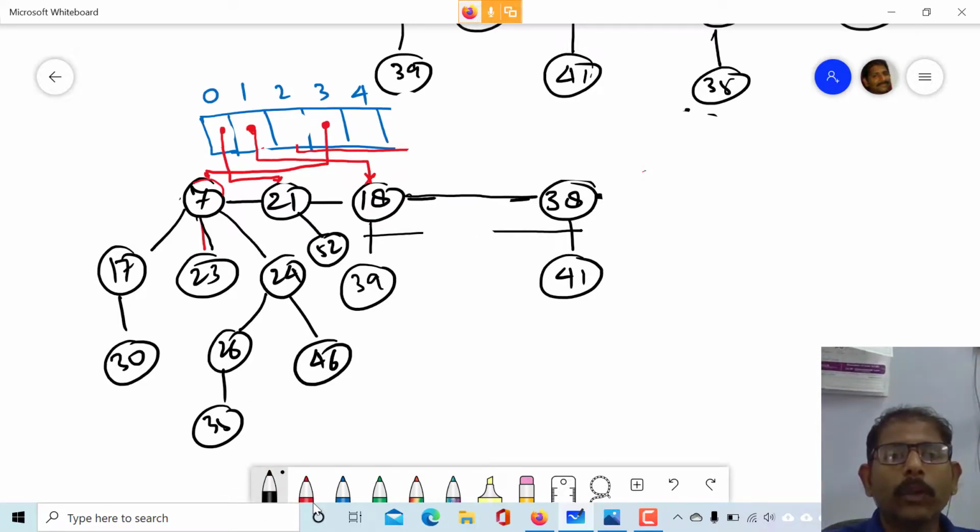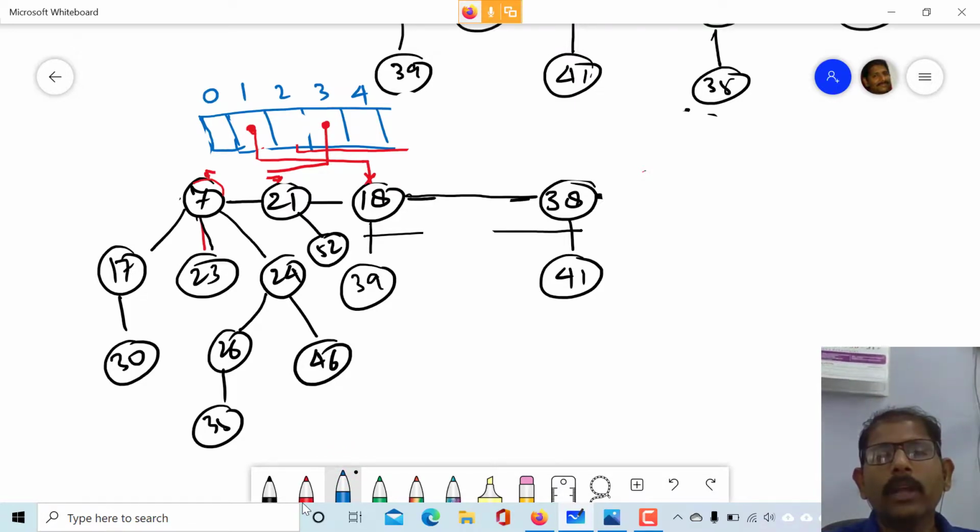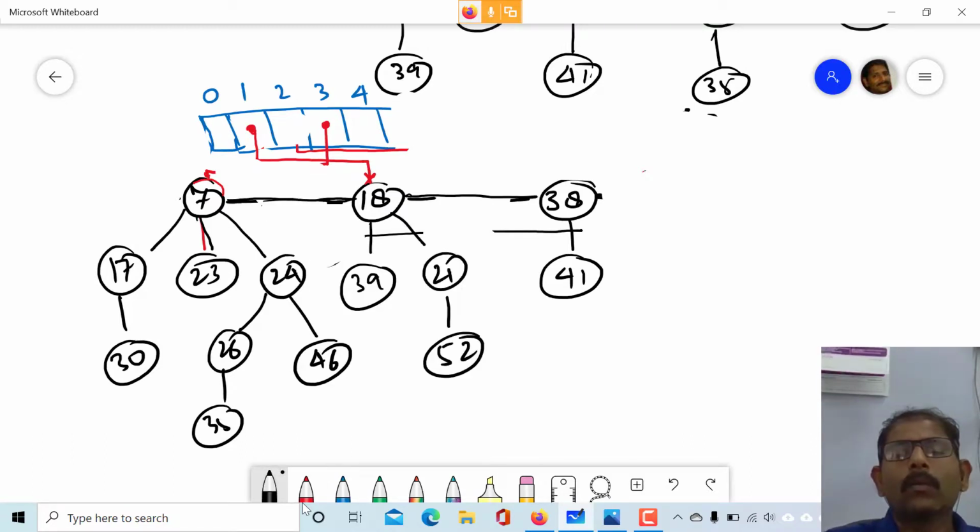Now it will not point to 0 because its degree is 1 now, therefore it will free this block. So the 0 block is free now. Okay, 0 is free now. 21 and 52, its degree is 1 and the same thing will happen, 1 is already occupied and it will come down to the lower value, that means 18. Okay, 18 is a lower value than 21, therefore 21 will come down to 18.